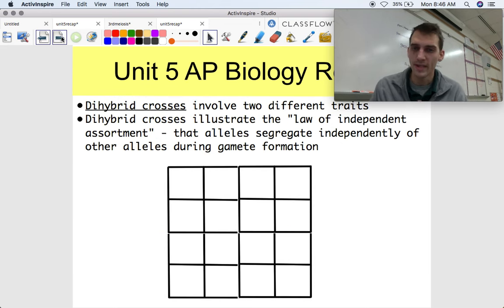Now, it gets a little more complicated when we cross 2 traits at the same time. What we just did was a monohybrid. This is what we call a dihybrid cross. A dihybrid cross illustrates what we call the law of independent assortment, that alleles segregate independently of other alleles during gamete formation. All right, so in order for us to discuss this, we're going to talk about another